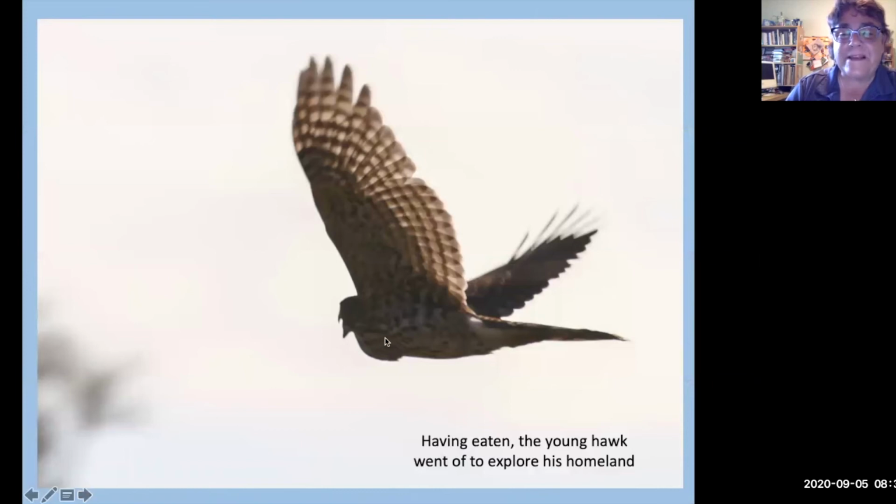And a little bit later, I saw him. This is the crop. This is where the bird is now. The stomach muscle, the stomach juices come up, digest the bird, and then the feathers and stuff they expel, calling again. So after that, the young hawk went off to explore its homeland. I saw it probably 2.5 hours later. So it was doing a lot of exploring. They have a home range of quite a ways, 2, 3, 4, 5 miles. So it's kind of neat. He's got a lot of area to cover.